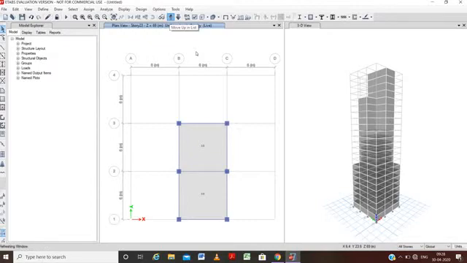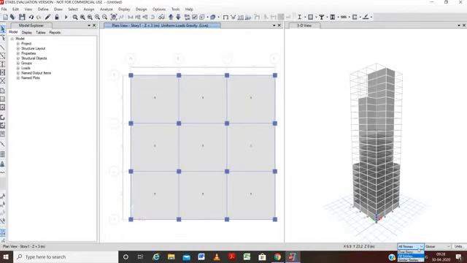We have to use the similar stories option here. Just like that, we will go to the first story. We will change to the similar stories option, and we will choose all the exterior beams because the claddings are on the exterior beams.